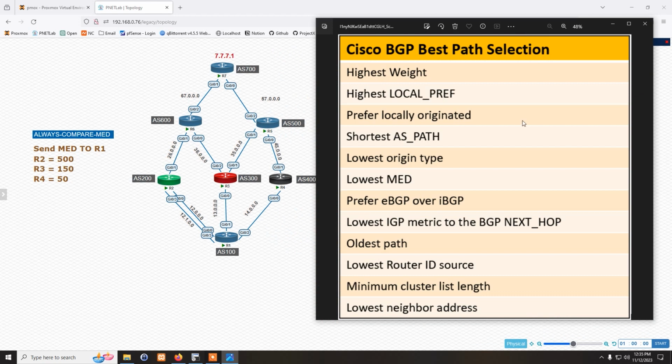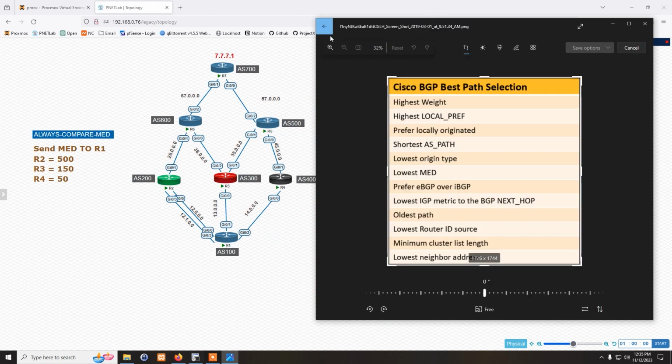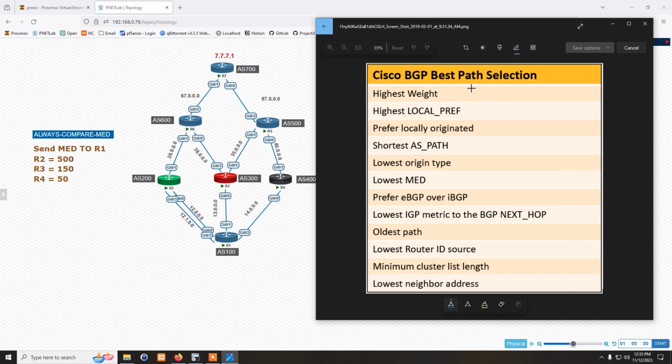Okay, so in this case, what we are doing is, we are ignoring all these things, because they are all equal. This is not even a tiebreaker. So what's the tiebreaker in this case? Currently it is the lowest router ID, because the metric, why it's not working even though R4 is sending us the lowest metric,